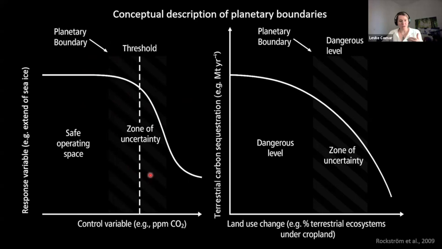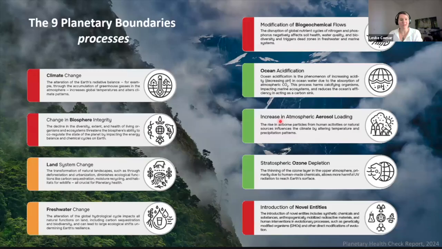meaning that we basically work on what we call the precautionary principle. So we put it at the beginning of the zone of uncertainty, and with that, we create a safe operating space where the risk of crossing critical boundaries remains hopefully fairly low, even though there are some uncertainties about the dynamics of the system.